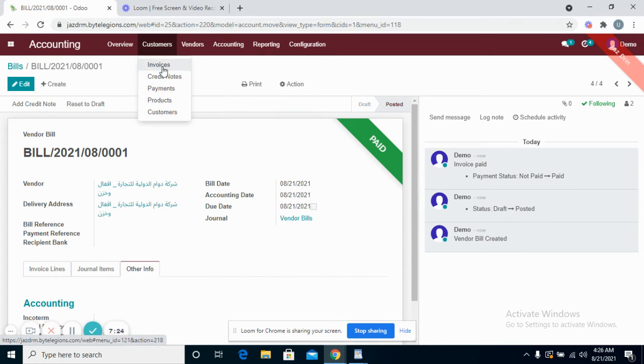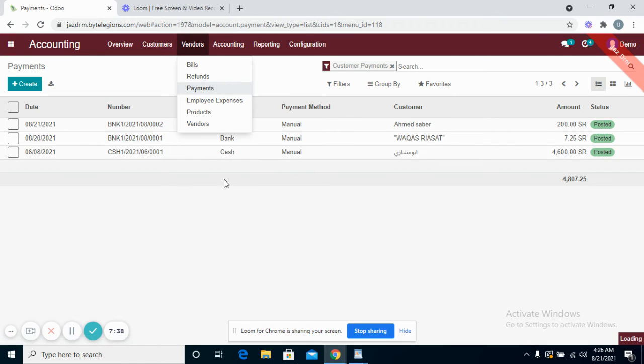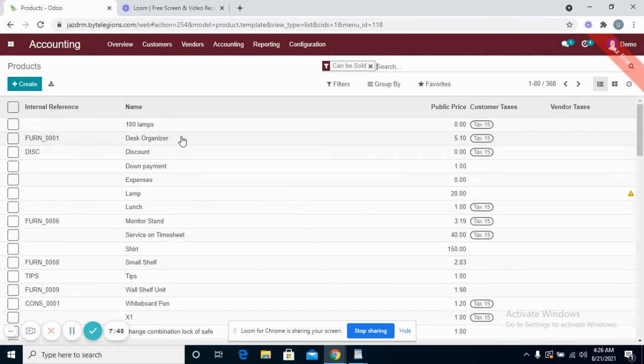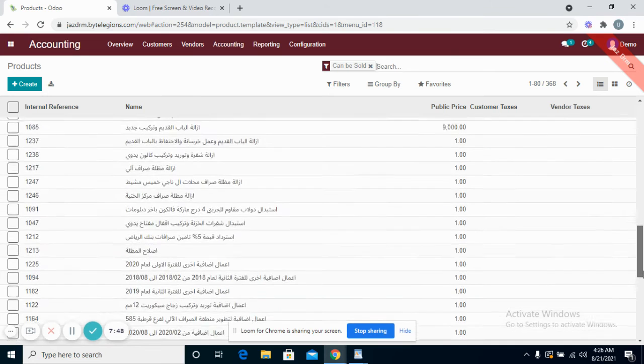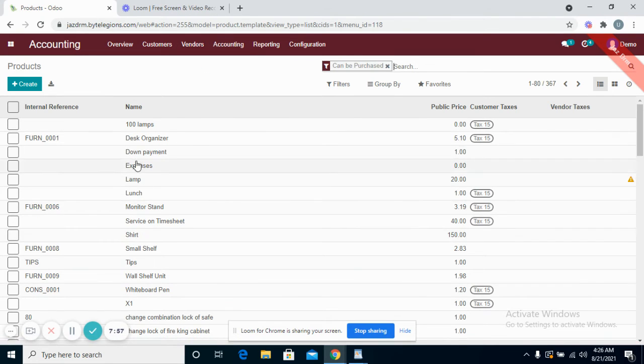As you can see, there's a payment mentioned here. All the payments, all the invoices that have been done through this payment method or through this journal will be mentioned here. Same goes with the vendors, same information. Then we have products, all the products we have created invoices of will be mentioned here with their price. Same with the vendor products, all the products we have purchased from the vendor will be